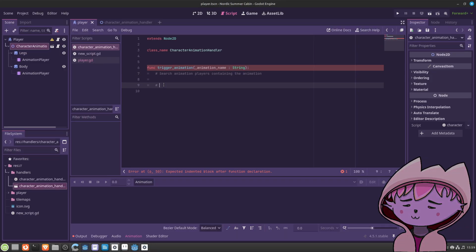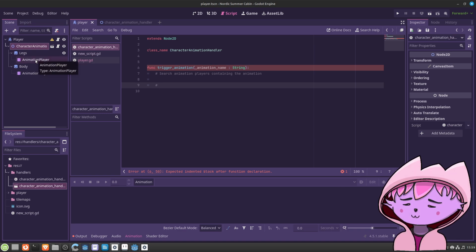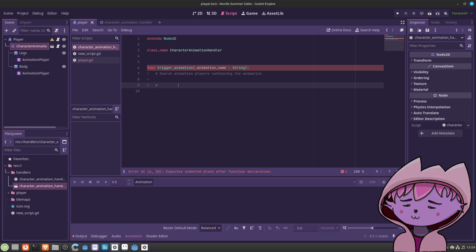That's the first thing. So it would just take all children. If there are animation players, then it just checks, is this animation implemented in the animation player. If it doesn't find anything, then it's just sending an error message. And then just play the animation.